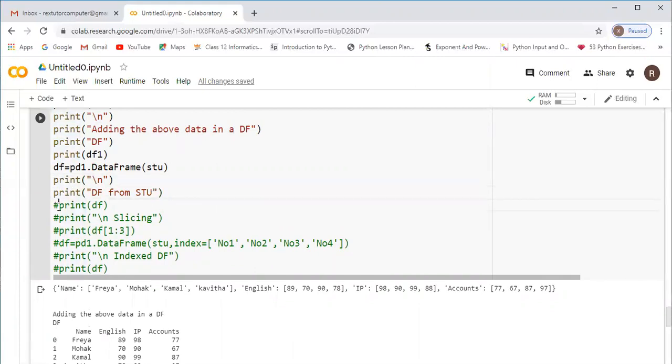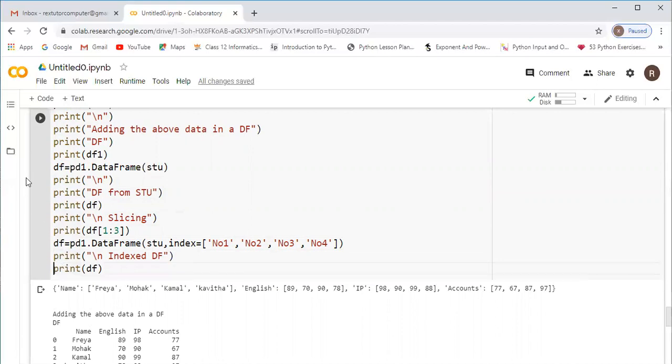Now, accessing: how to access the data frame. We can access the data frame with the help of slicing. You know that the data frame by default automatically takes the index from 0.